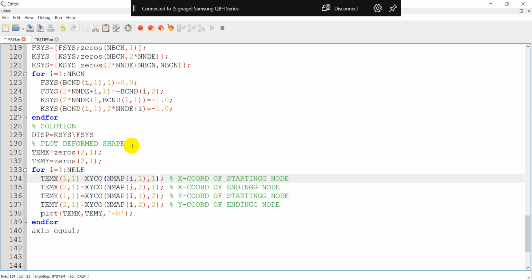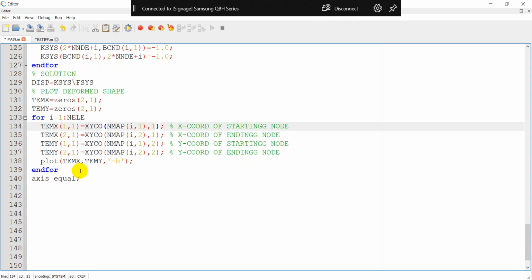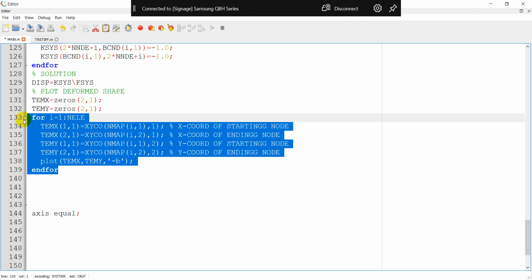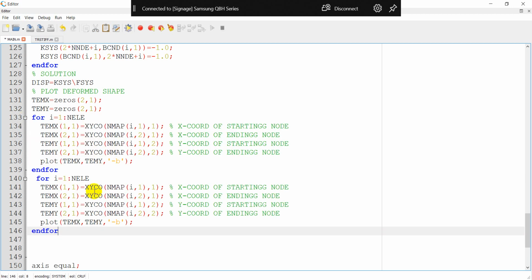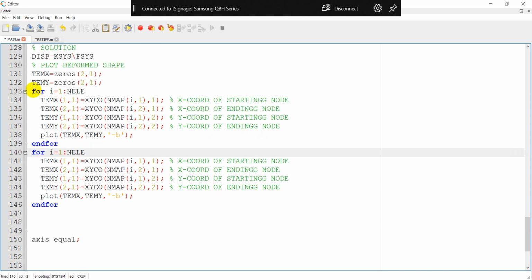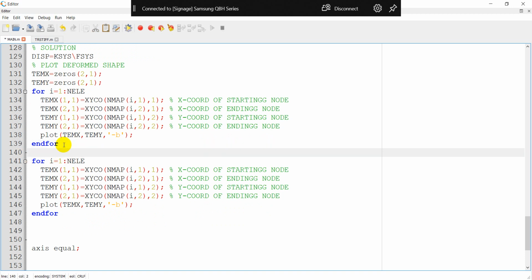So we have the undeformed shape plot already. Here we are going to plot the deformed shape, and we are about to finish. So this one on the top is the undeformed, and then we compare with the deformed. EXAG, the exaggeration factor, will be for